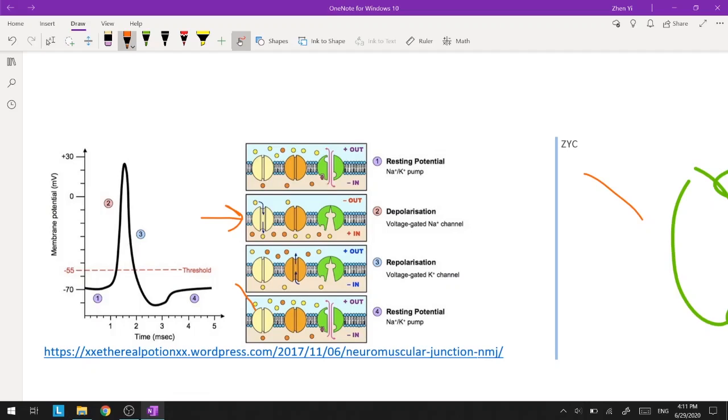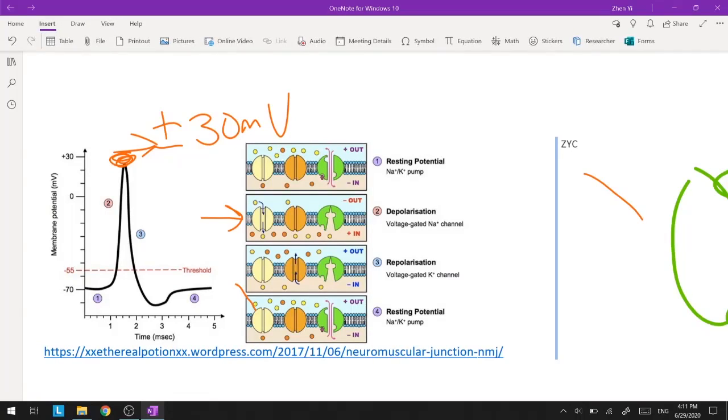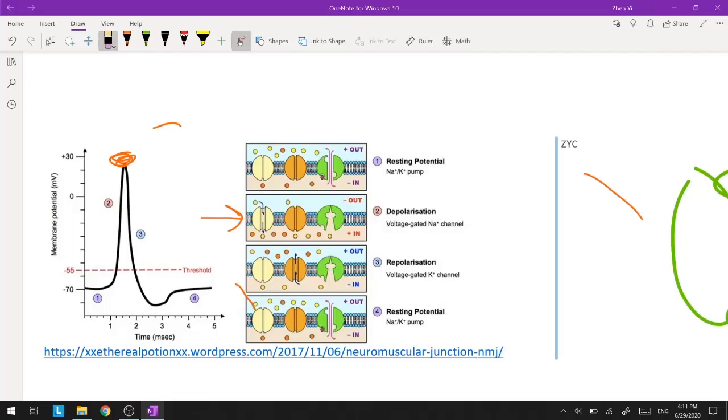As more and more sodium ions rush in, the membrane potential reaches a peak action potential over here, which is more or less 30 millivolts. Once the peak action potential is reached, there is a third phase that comes after the excitation threshold, known as repolarization, which the third image depicts here,